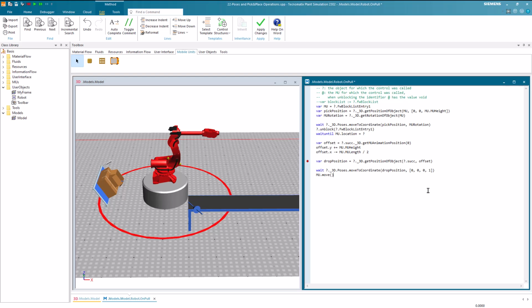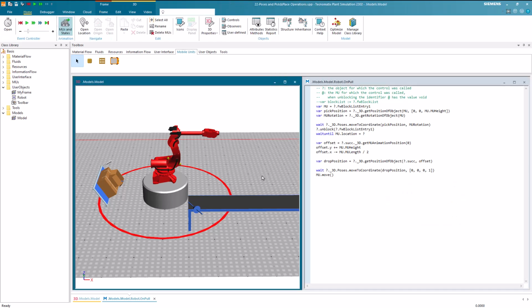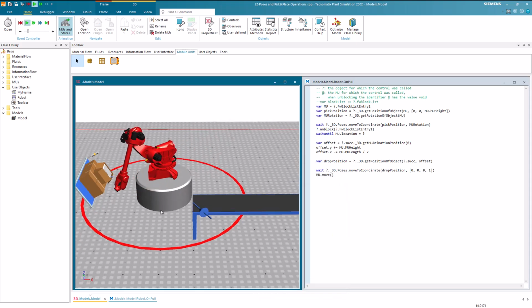We remove all breakpoints, save our changes, and start the simulation. As you can observe, the robot is now picking and placing parts as intended.